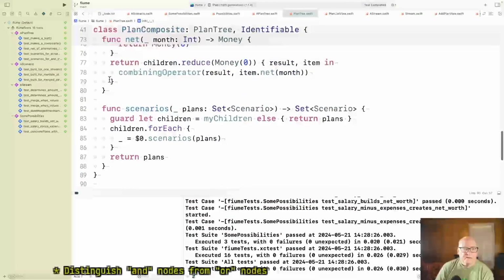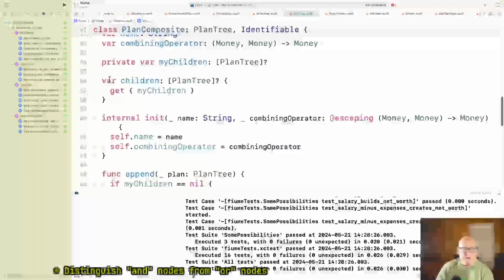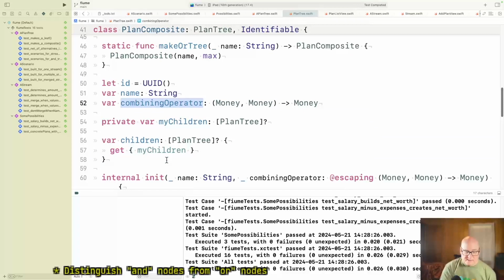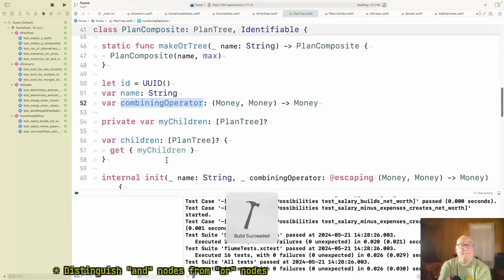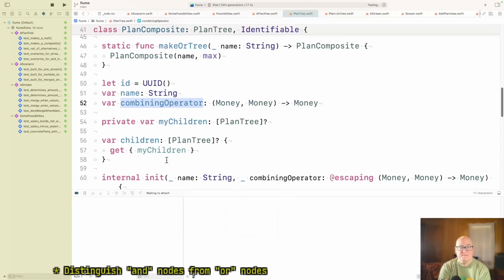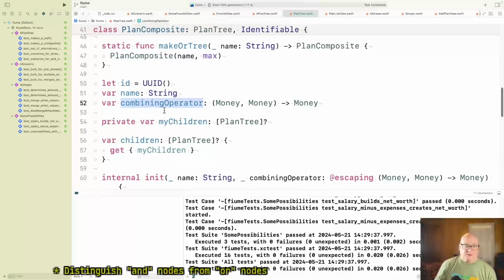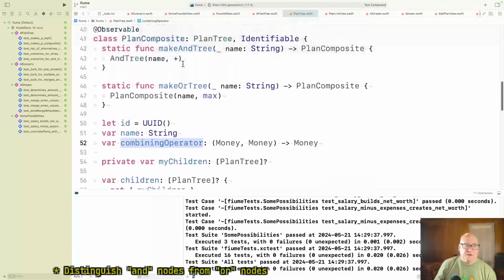Okay. So this thing is now making one of those, which ends up calling this anyway. All right, let's see if this works. That'd be a nice little step. Right, because up till now, nobody cares if they're a plan composite or whatever.